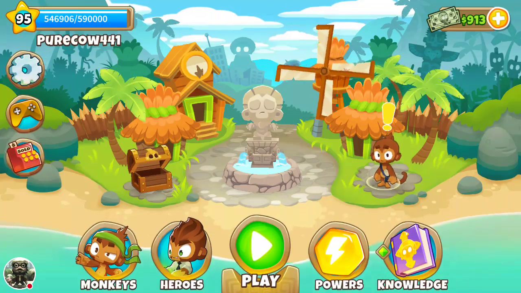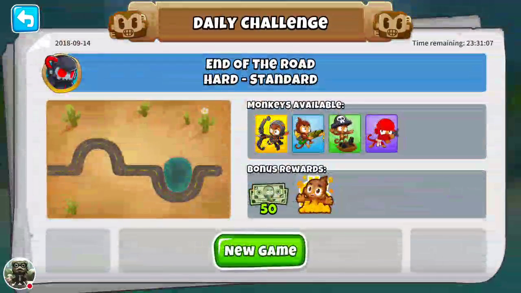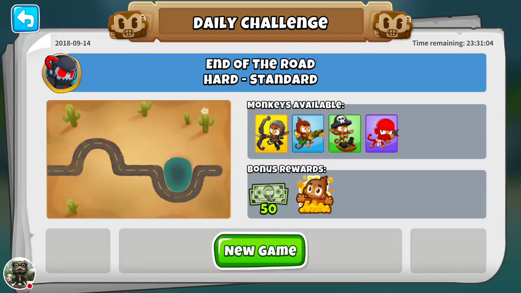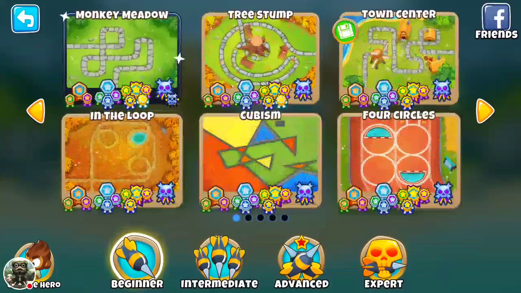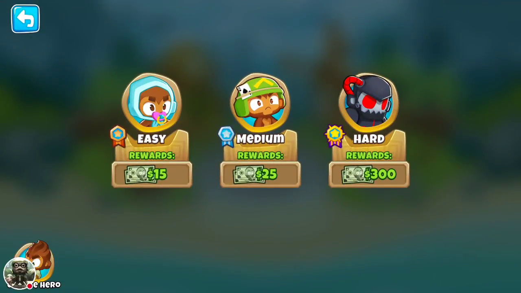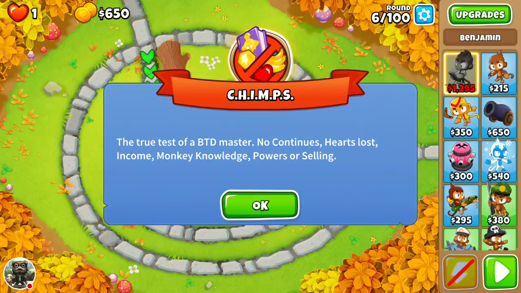I do kind of want to see if Benjamin will allow me to generate cash. Now, because this is a hard difficulty level, I have to go to around, what was it, 60? Or 80? Actually, yeah, 80. I'm actually not going to do the daily challenge today because I would like more time to attempt Chimps. I don't want this video being too long and all that. So, with that being said,